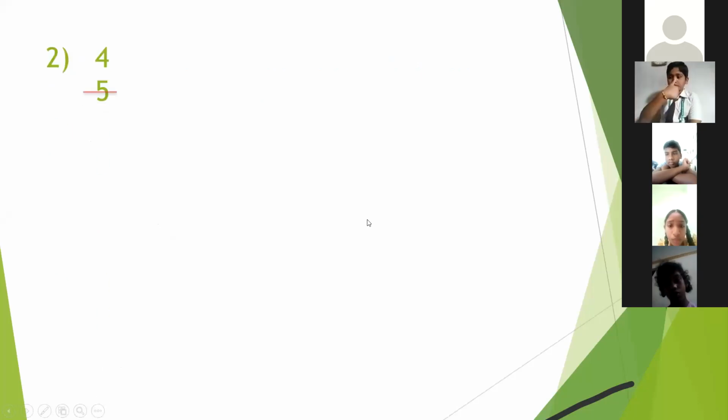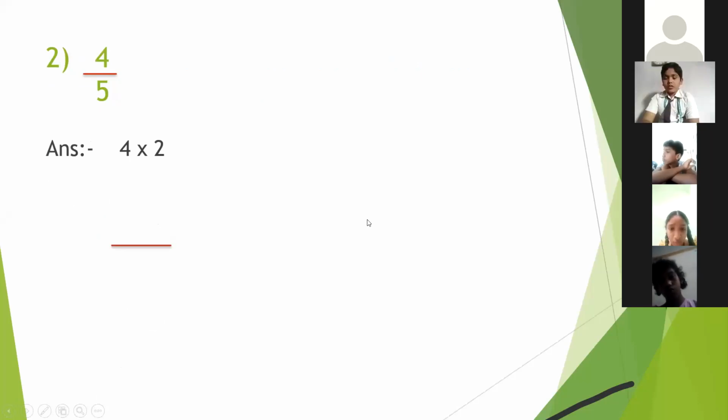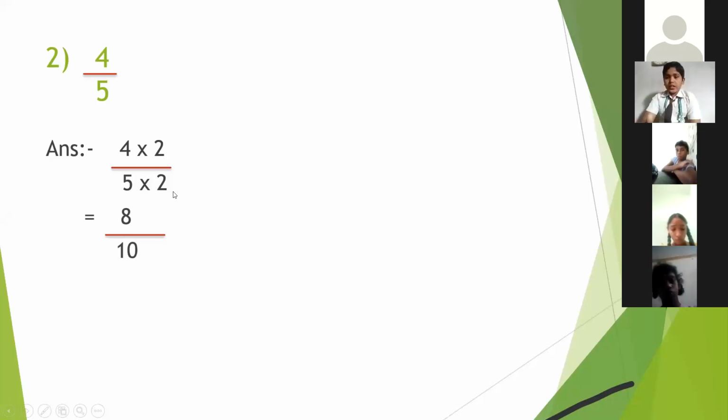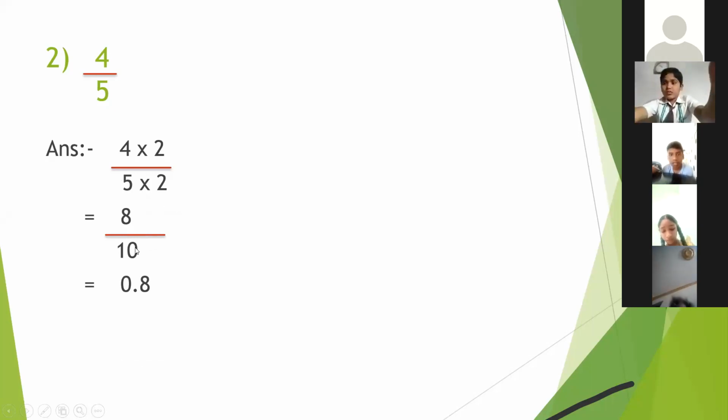Okay. In the same way, we will do here also. 5 multiplied by 2. What you will get? In this question, 5 multiplied by 2, that is 10. 4 multiplied by 2, that is 8. You have to convert the denominator into 10, 100, 1000 form. So for converting it into tens form, I have multiplied 5 by this 2. So 5 into 2, that is 10. 4 into 2, that is 8. So 1, 0 is given after 1. So you will move one place of decimal, 0.8.